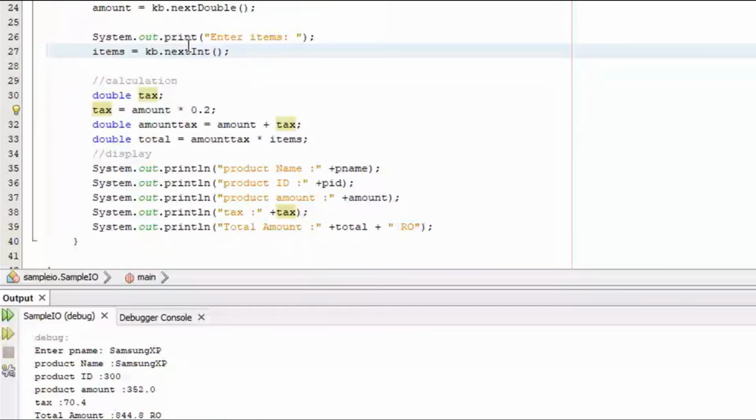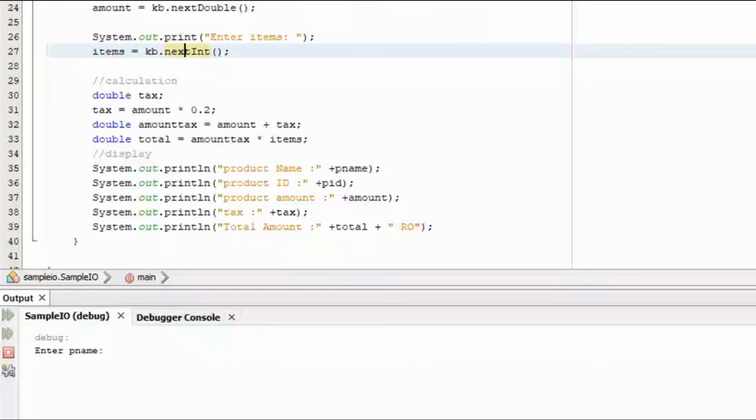Let's run this program now so that finally you can see the output. Let's have the product name. It's waiting for our input there. Let's say I want Huawei. Then I have the product ID, let's say a number.